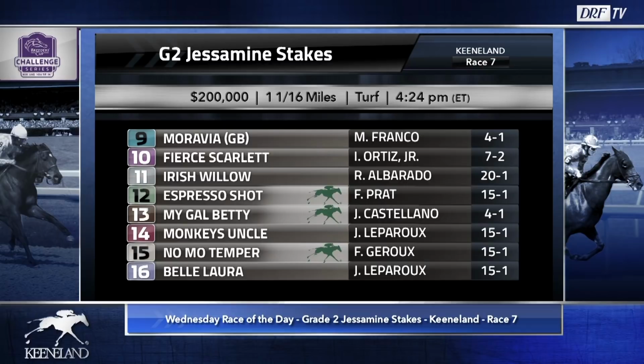Her dam was multiple grade 2 placed going long on the turf. She's by Scat Daddy, so she's got the connections, she's got the pedigree, and she was visually impressive winning her career debut at Kentucky Downs. But the race came back slow, only a 55 Beyer speed figure, and I don't think she was beating much in that race. She is taking a giant step up in class, but there are some things to like about